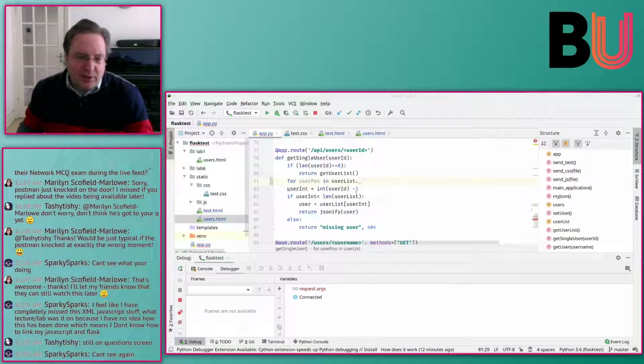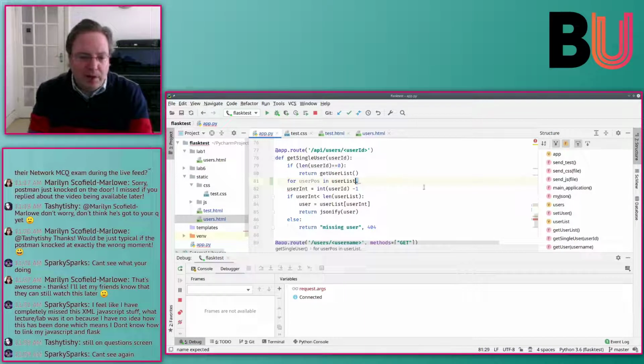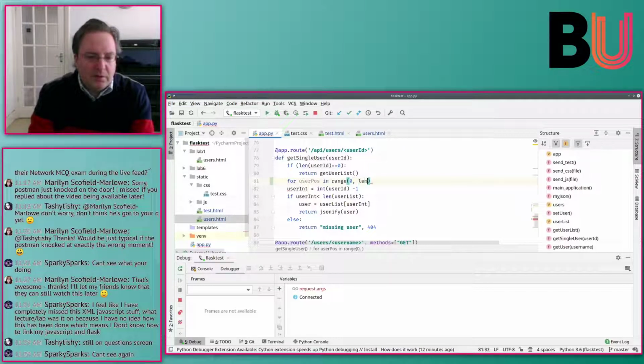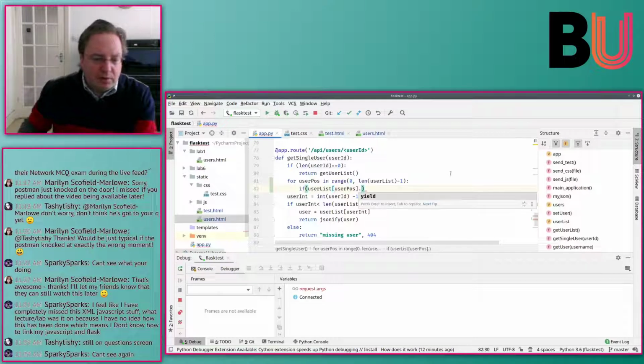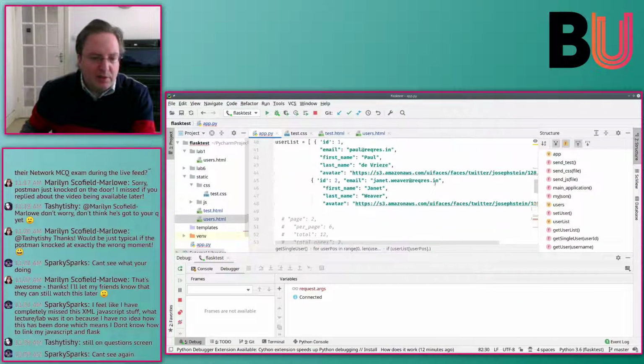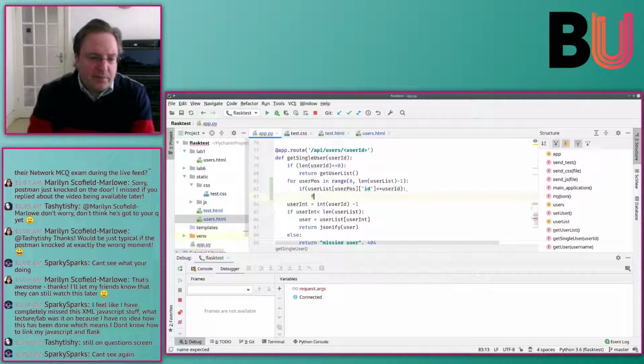So for a single user, you get something like here, but you need to figure out which user ID has the position. So we loop through the user list. Positions. This one I'm certain does work. And then if user list user pause dot, what was the ID? So the ID property equals user ID, found user